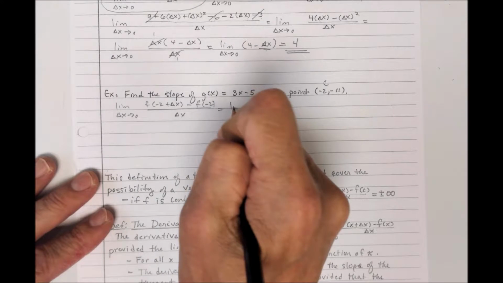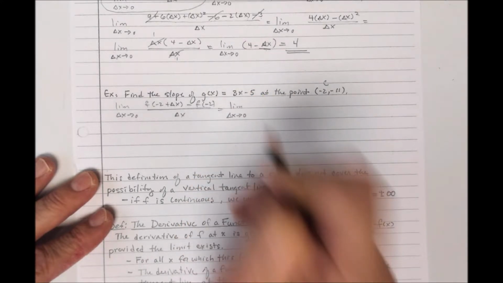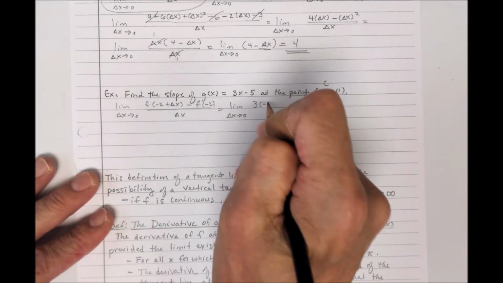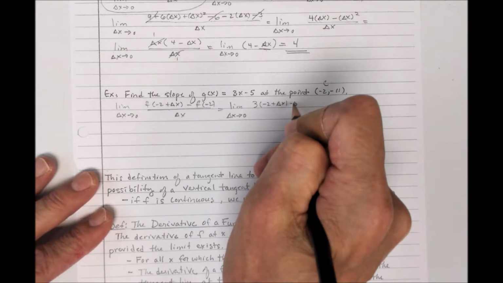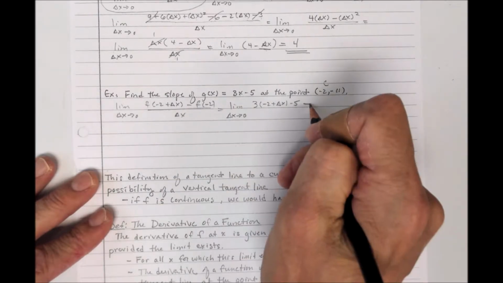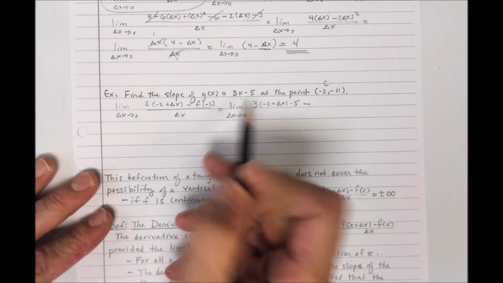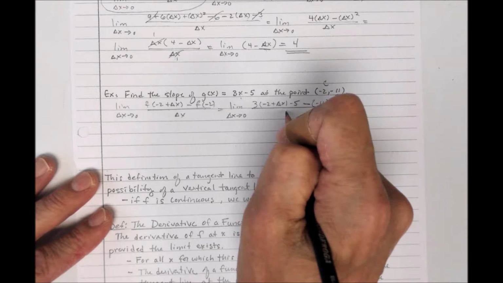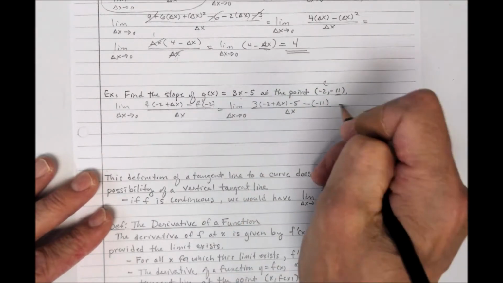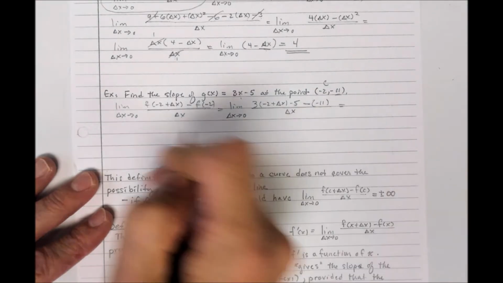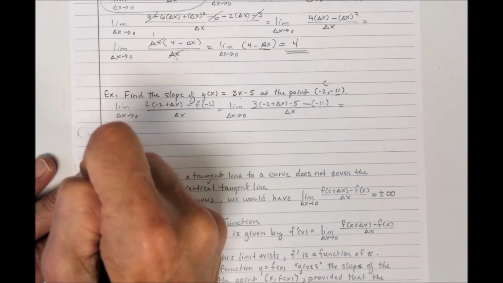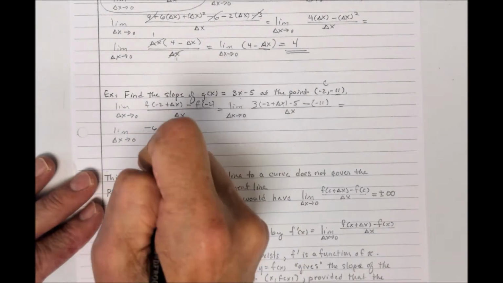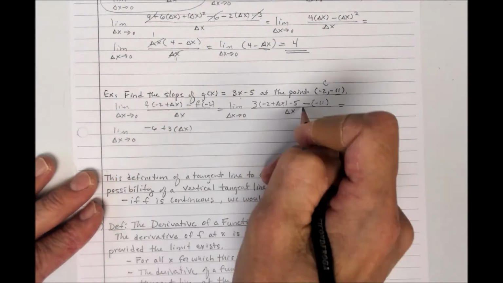So this is the limit as delta x goes to 0. Now I'm going to substitute this in. It just goes right in there for the x. So it's 3 times the quantity negative 2 plus delta x, minus 5, minus f of negative 2, which looks like it's negative 11. Yep, it's negative 11, all over delta x. Well, let's see what happens here. This is going to be the limit as delta x goes to 0 of negative 6 plus 3 times delta x minus 5 plus 11